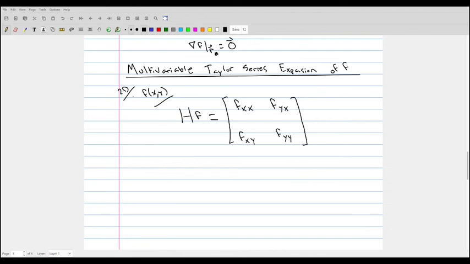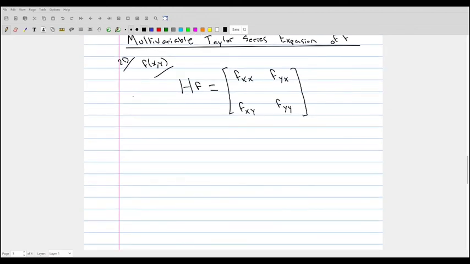Now for a 3 variable function, it'll be a 3 by 3 matrix. For a 4 variable function, it'll be a 4 by 4 matrix. So it gets very large, depending on how many variables your function has. And this is one of the reasons why the second derivative test becomes more and more complicated for the higher number of variables that you have, because the Hessian matrix becomes larger and larger. But the main result that you can show using the multivariable Taylor series expansion is the following: that at a local minimum,